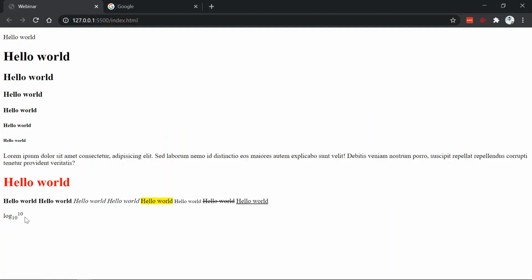Got log base 10, 10 to the power. That's it. I think you got it. If you have any doubt,